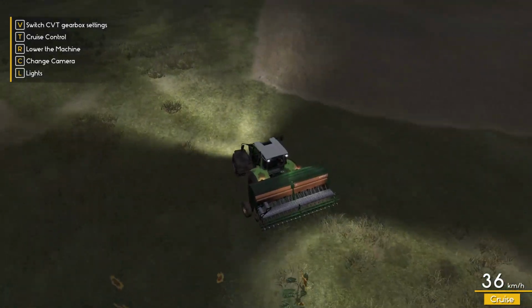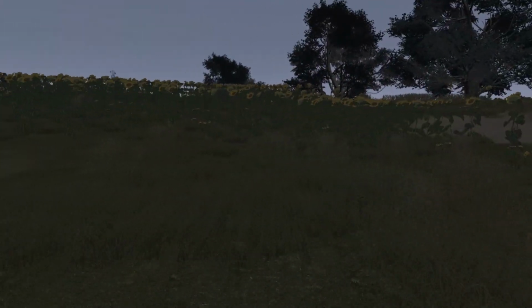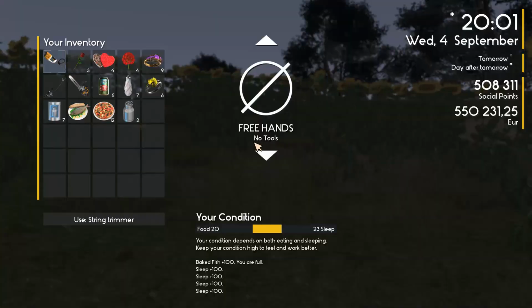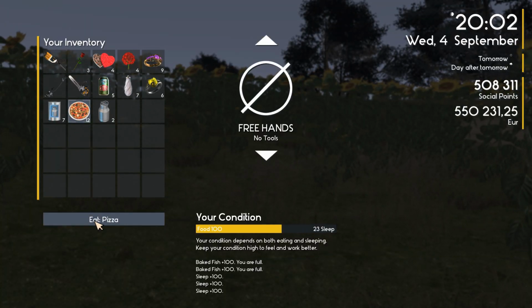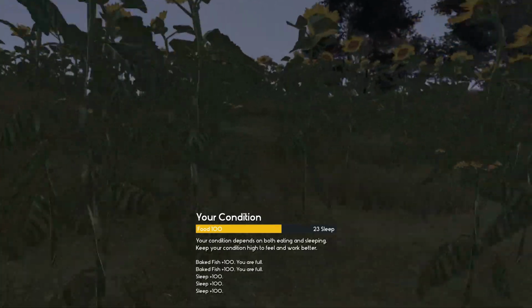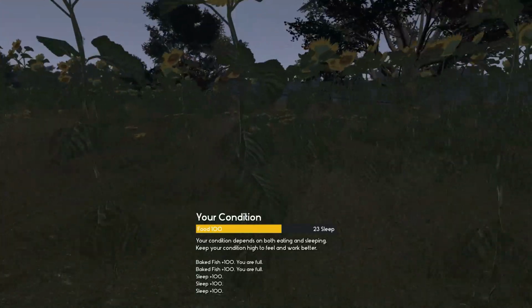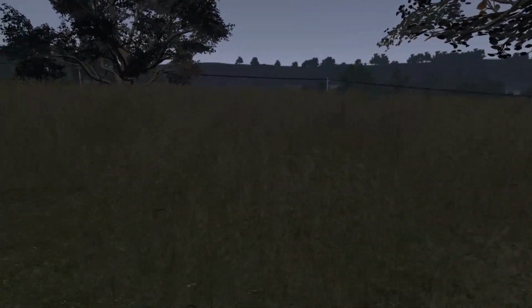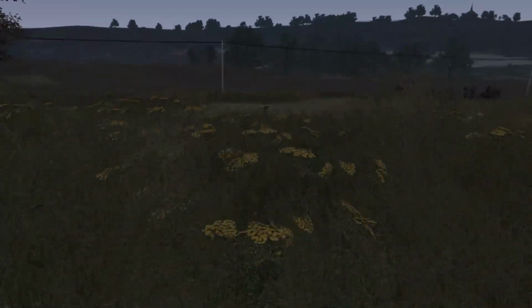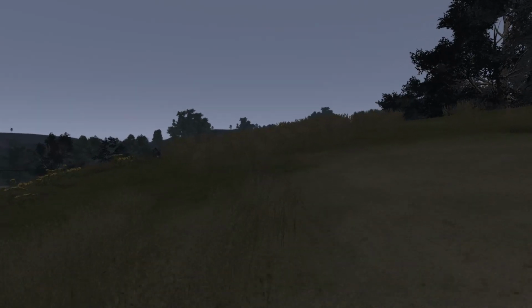Alright, so we'll park the tractor right here. Thank you, scaffolding. Oh, and I can't run as fast when you're hungry, so we'll have one of our last pieces of fish. There, now you can run. That's kind of a hidden little mechanic in the game. If your food gets down to a certain point, you can't run